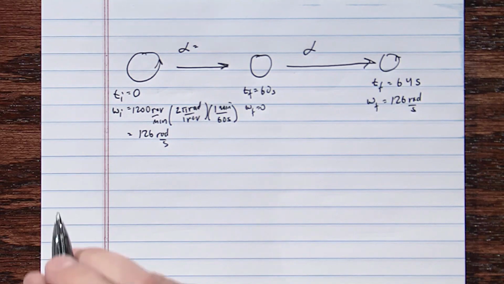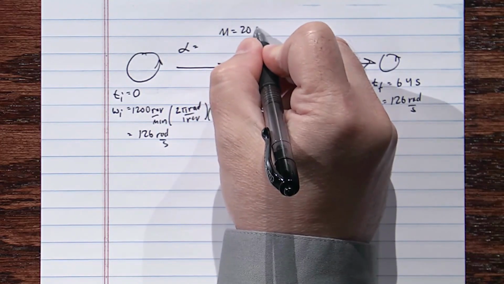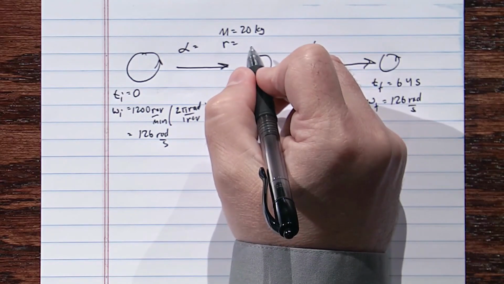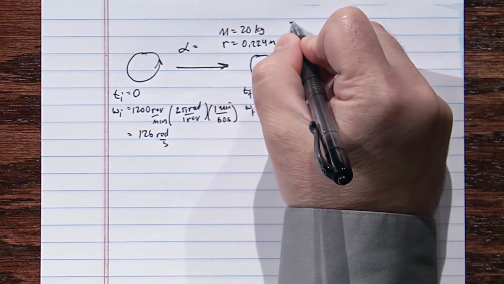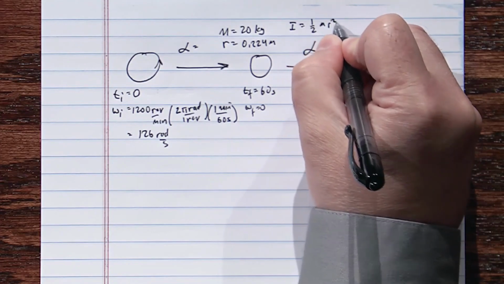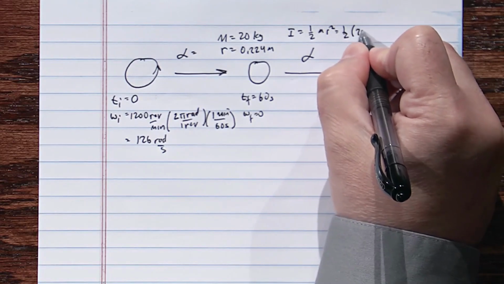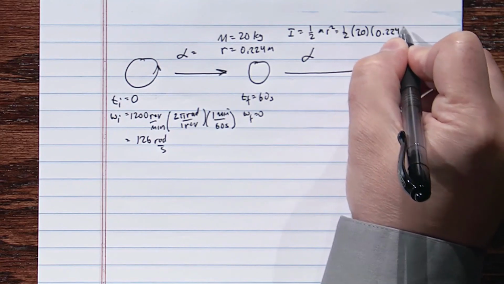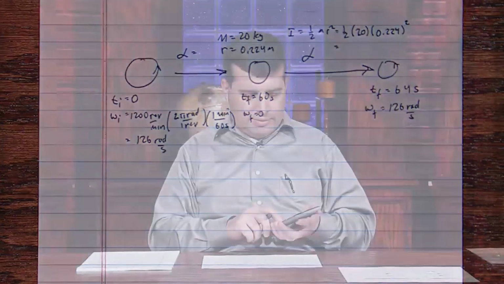And we are told that the mass is equal to 20 kilograms, and the radius is equal to 22.4 or 0.224 meters. And so the rotational inertia will be 1/2 mr squared, or 1/2 of 20 times 0.224 squared, which is